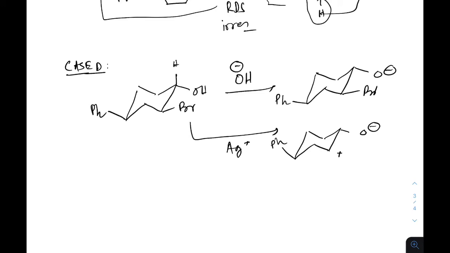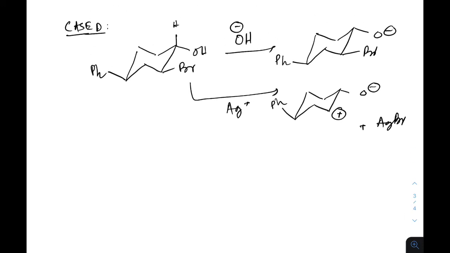O minus, plus, and there will be a precipitate of AgBr, but there is a little difference. In case of intermediate B, and this is intermediate A, in case of intermediate B, you can see the hydrogen is not in anti position with this Br. If I discuss the transition state, this was in equatorial, therefore the hydrogen is not anti to this leaving group, and nor is the O minus anti to this leaving group. Both are equatorial.